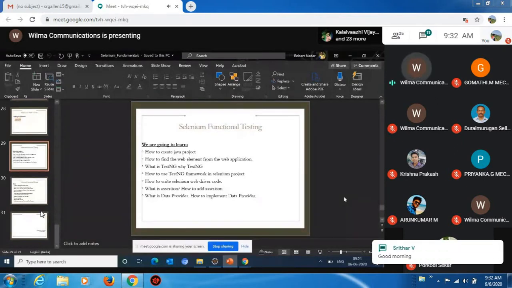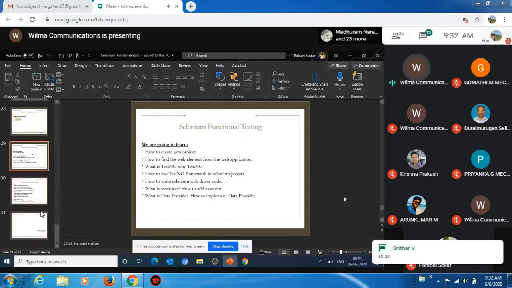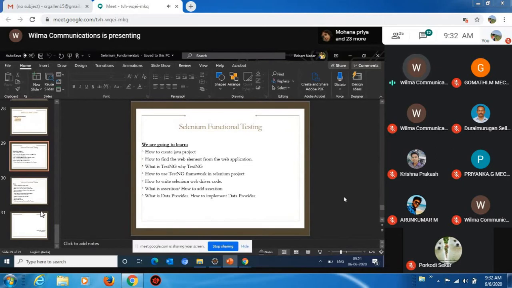Okay, so Selenium WebDriver is basically used, as we discussed yesterday. Selenium WebDriver can be implemented on different platforms like Ruby, Python, C Sharp. So as per our demo, we are going to take an example of the Java platform, Java language. So we have to download and use the Selenium WebDriver with Java.